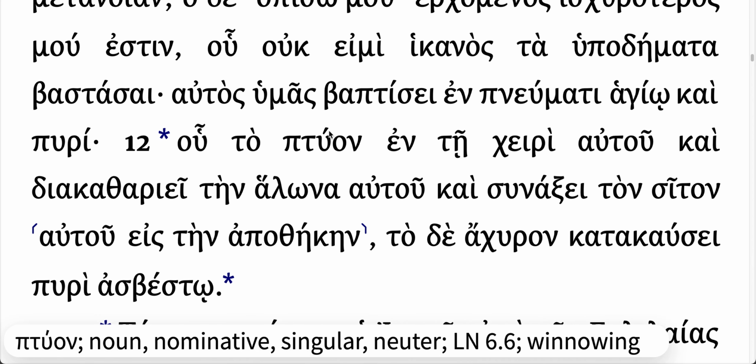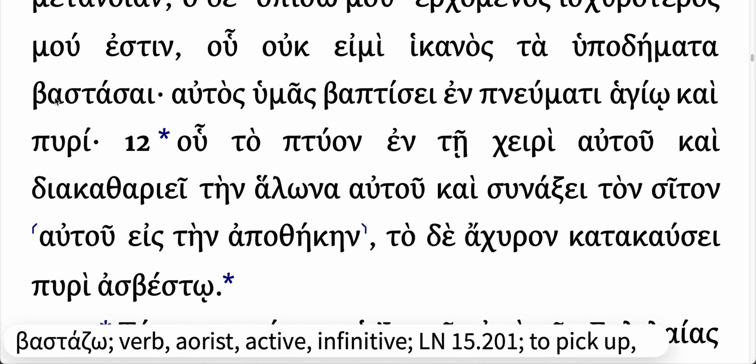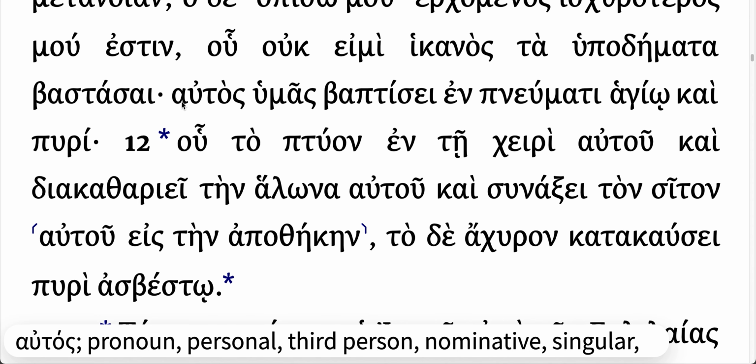Either the grave, the acute, or the circumflex. Not all of them have breathing marks. The only way they have breathing marks is if the word itself begins with a vowel or a diphthong. Like, here, look, here's a word that begins with the letter beta. There's no smooth breathing, there's no rough breathing. But notice, here is a word that begins with alpha upsilon, which is a diphthong, and so it's over the